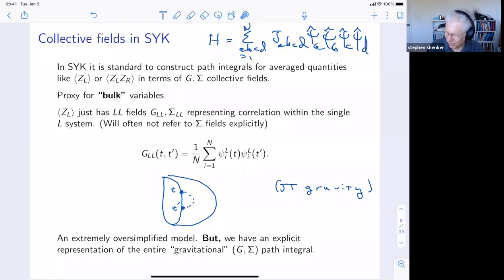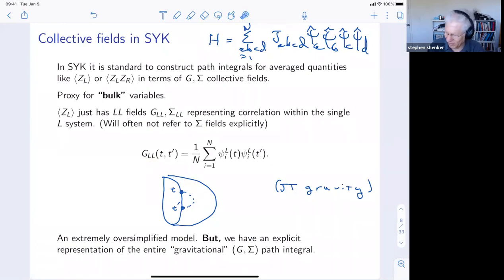Okay, instead of studying metrics, you study correlations on the geometry. And so this is going to provide an example of a bulk theory, a proxy for bulk variables. Now this is a really oversimplified model. We don't really understand everything that's in the bulk. There's extra stuff. But its saving grace